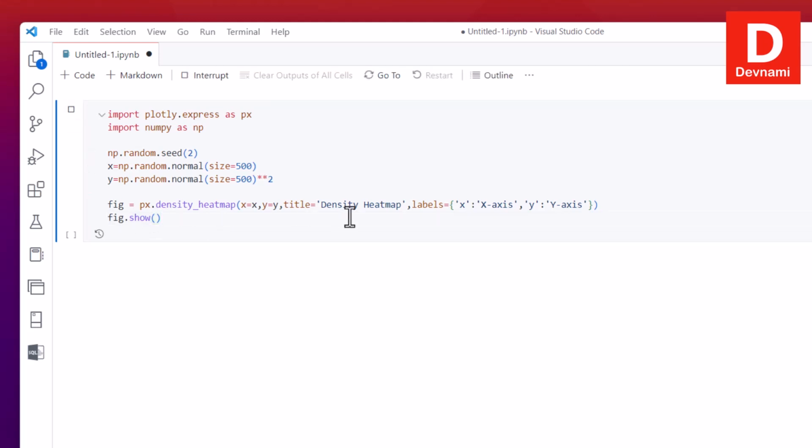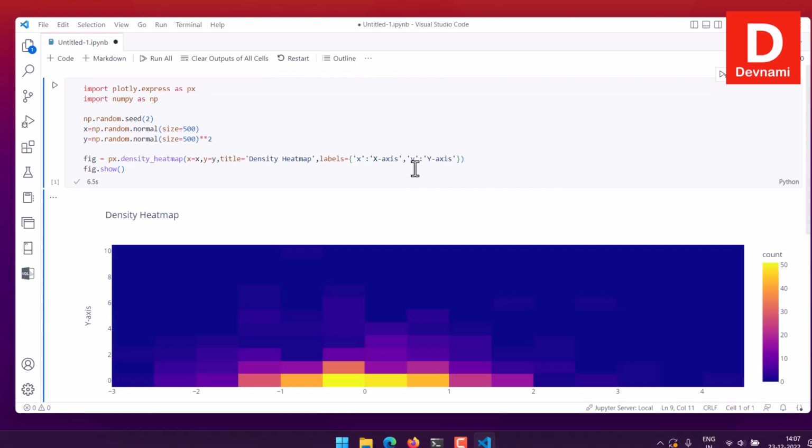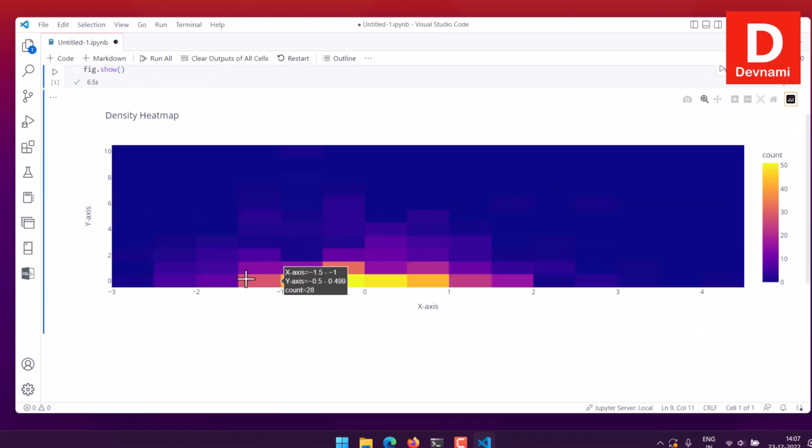So we run this and let's see, it will start the process, and finally it will also show you how much time it took to run this particular plot, right? If there are any errors, it will also pop that out below. So here you see density heatmap as the title that we passed, then labels x-axis, y-axis, and notice that within your heatmap the values are added in such a way that it looks like a histogram,